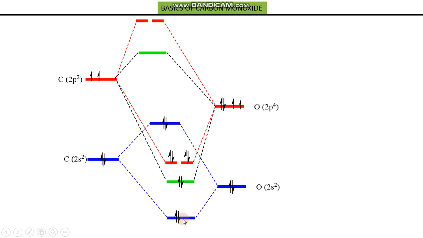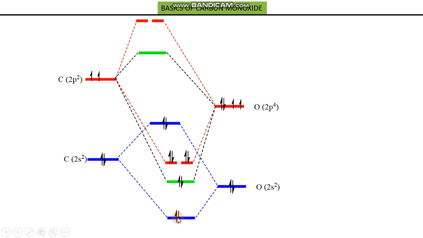Now in this diagram we have arranged the number of electrons or electron pairs as per our previous discussion. So here are five pairs of electrons, and these pairs are in different orbitals. This one is a sigma bond, this one is a sigma bond, these two are pi bonds, and this is a sigma star bond. This sigma bond is neutralized by the sigma star bond, and they do nothing for the interaction because the bond order contributed by these two pairs is 0.